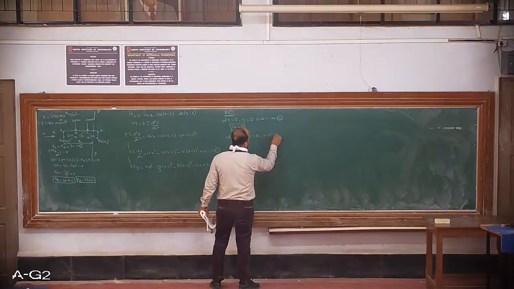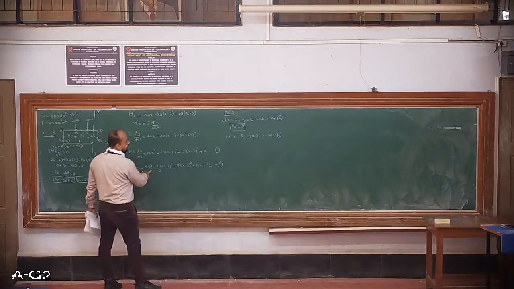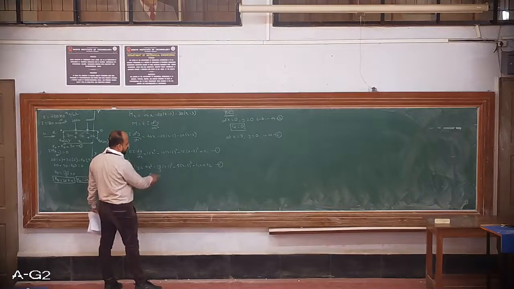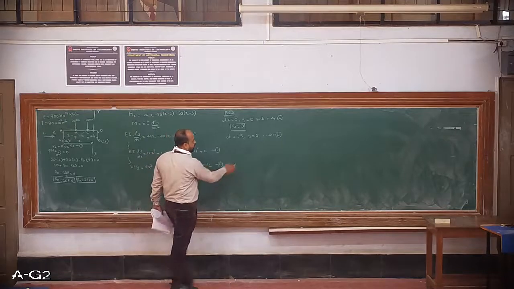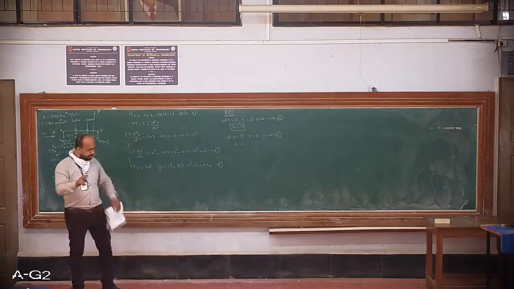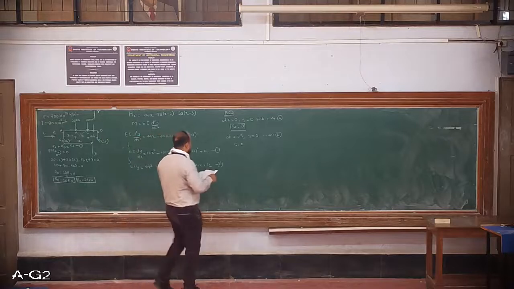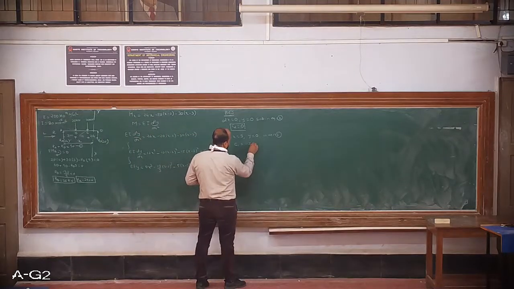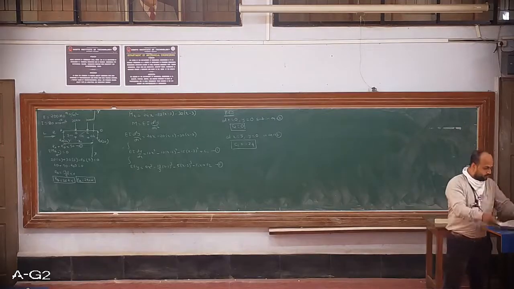In equation 2, the left side will become 0, but x will become 5. 5 cube is 125, into 4, that is 500. Here also we will get something, but C2 is 0. From this, I will get C1. I am putting both the boundary conditions in equation number 2 only. So I get C1 equal to, I'll write directly here, minus 74. Okay, so my equations will modify now, those two equations.